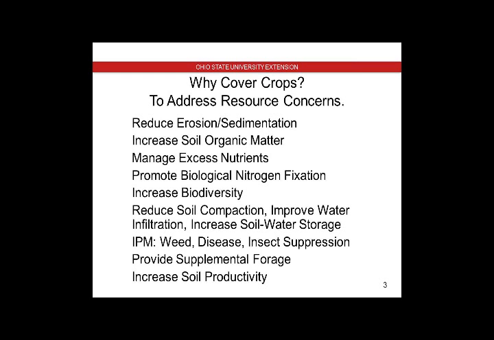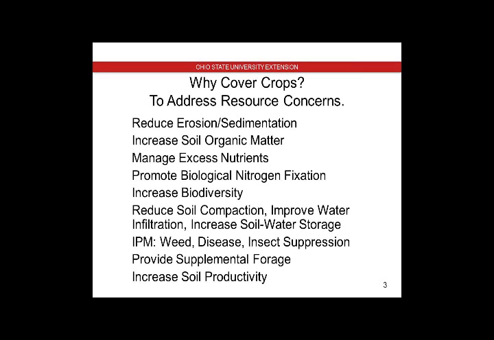Again, we really like to reduce that soil compaction. All these roots in the soil help us to improve the water infiltration and also increase soil and water storage. And then we may be concerned about weeds, diseases, and insects. And what we found is that by increasing the biodiversity in your soil, you actually find that we have a little less weed pressure. Some of the diseases will start to have some predators that will start to come in and should help us with insect suppression. Now, that isn't to say that there may be some insects that may actually increase. So we've got to be careful about that rotation.